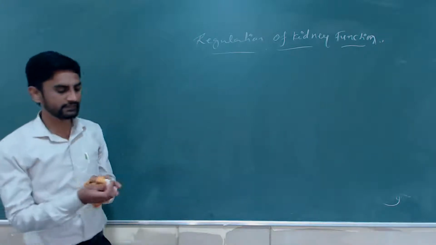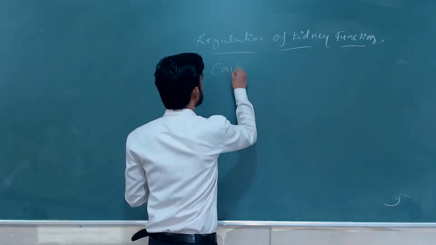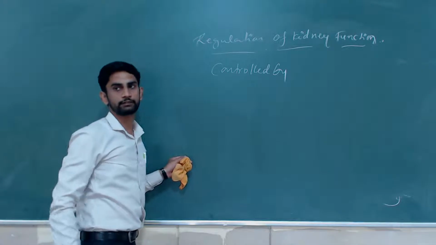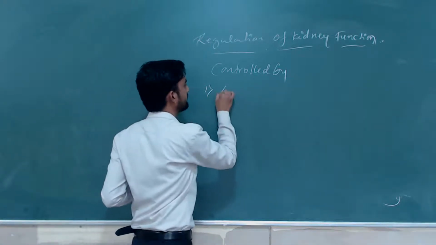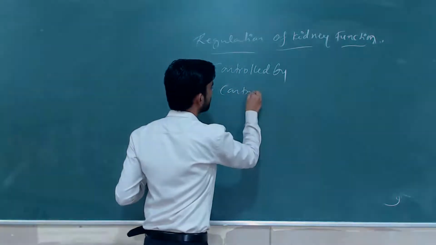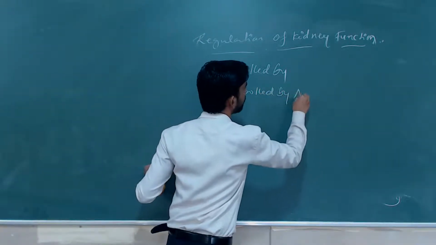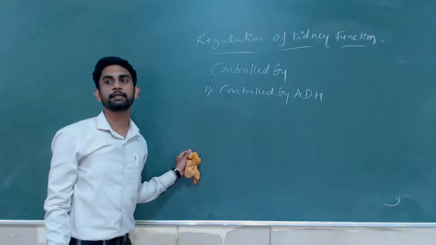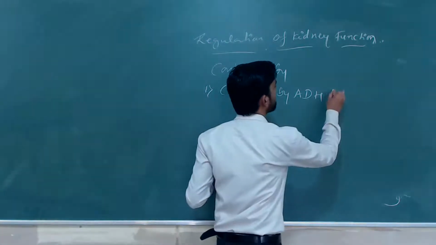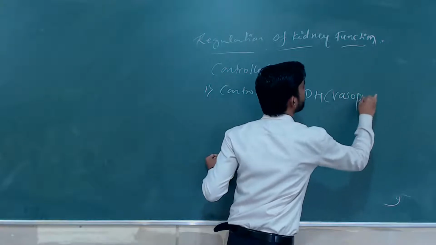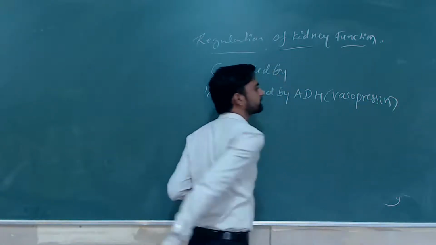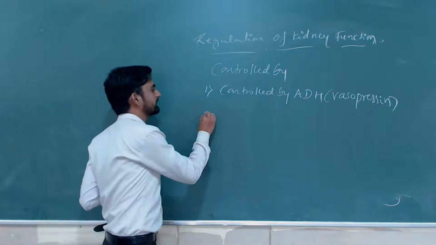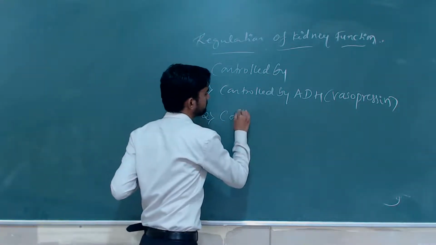Are you getting my point? So this is controlled or regulated by three main important secretions. The first secretion we call ADH, so you can write it in one line: controlled by ADH. You already know that ADH means anti-diuretic hormone. This is very important, you should remember, or we can also call it vasopressin. This is one mechanism. And the second one is controlled by